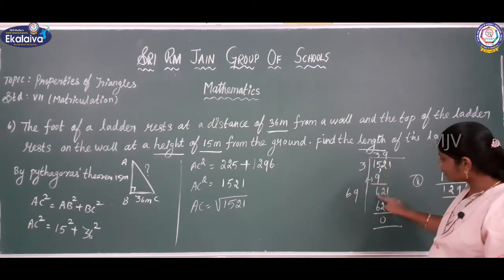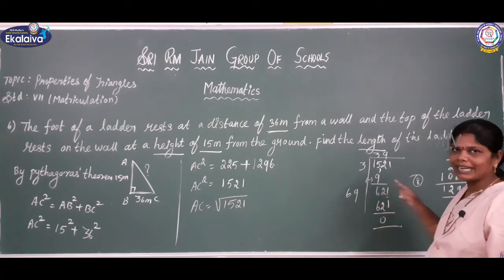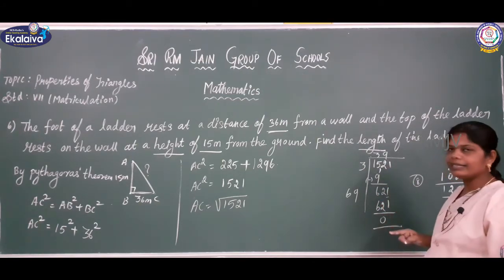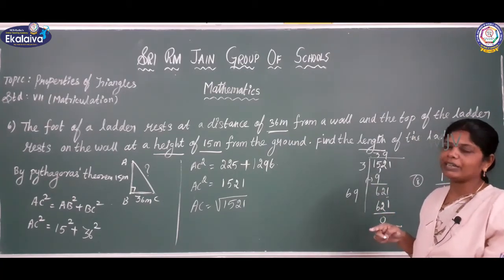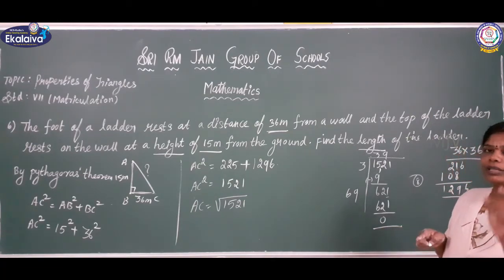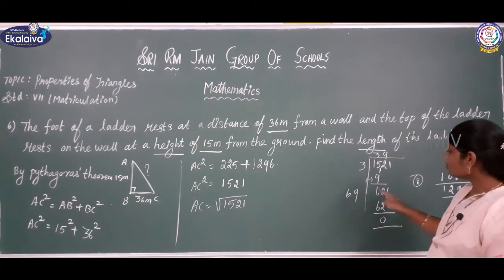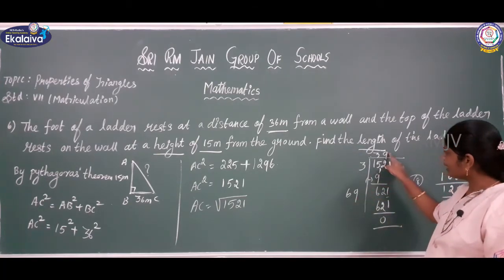Then you subtract, what you are getting is 6. Then take the next two digits. Now 621. See the unit digit, 1 is there. So you can substitute either 1 or 9, because when we multiply that number, we will get 1 in the unit digit. So that is why we are choosing that. If you substitute 1, you can't get it, so I am substituting 9 here.